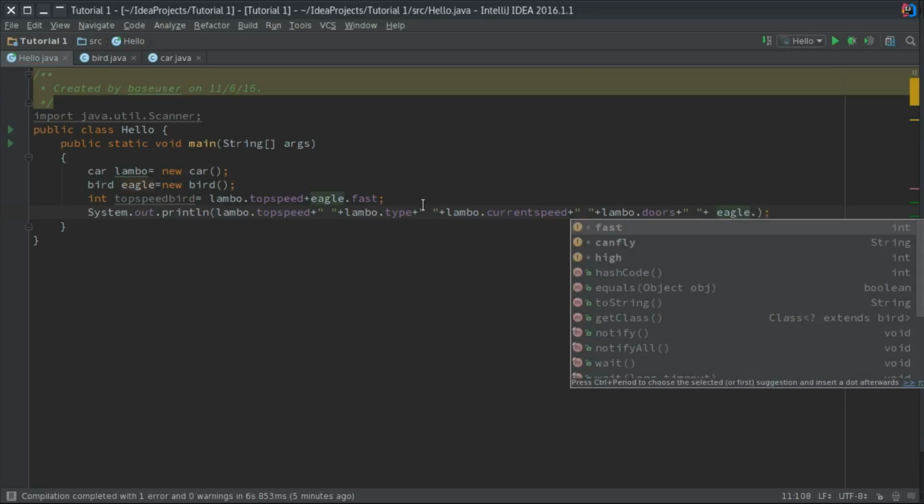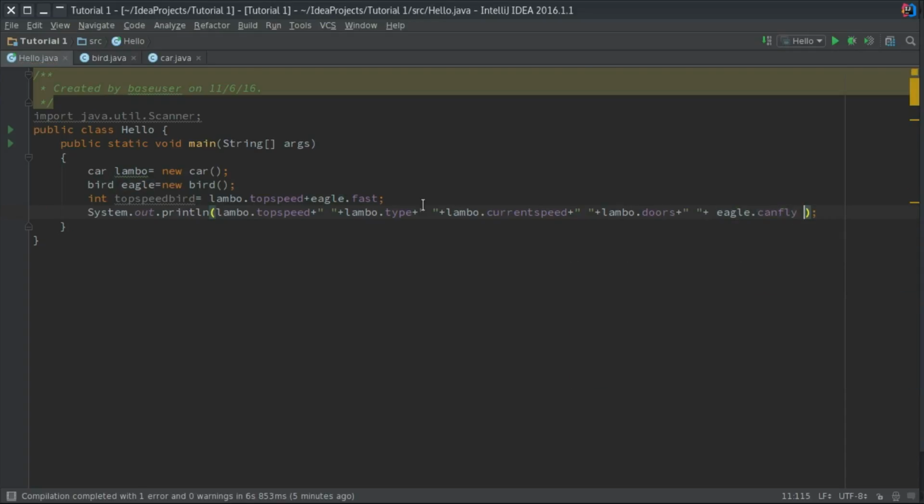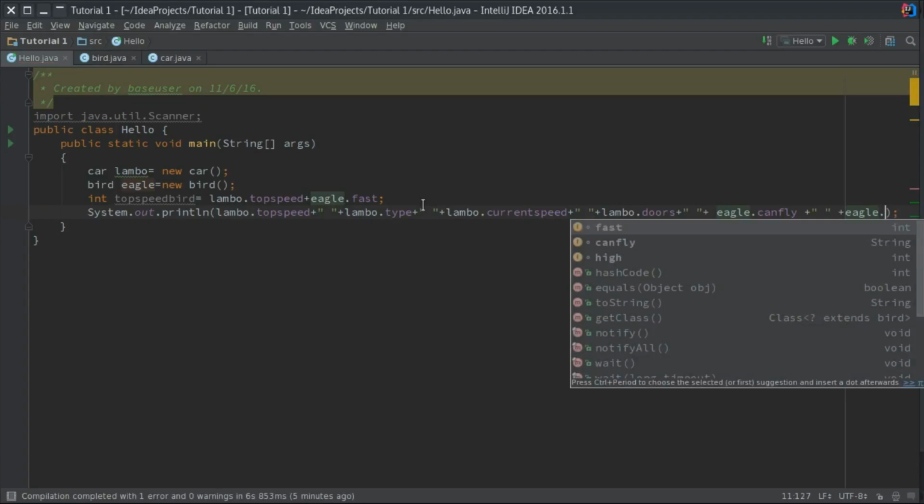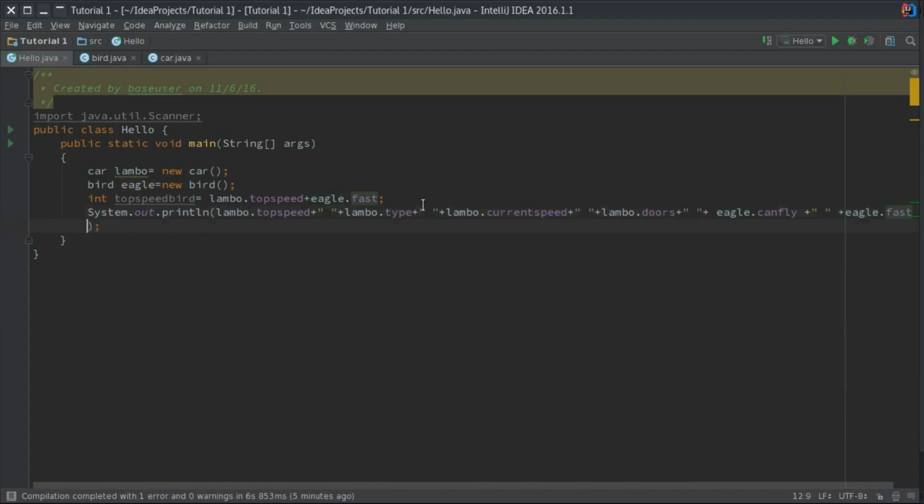Eagle dot canFly, and then we're going to say eagle dot fast, and then we are going to say eagle dot high, and then we are going to say sum equal to